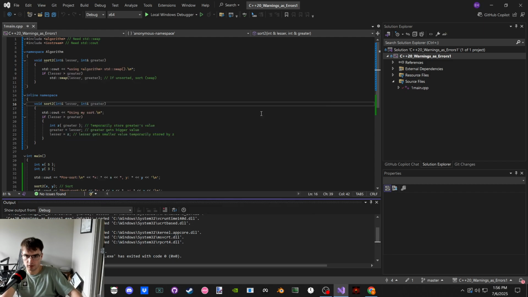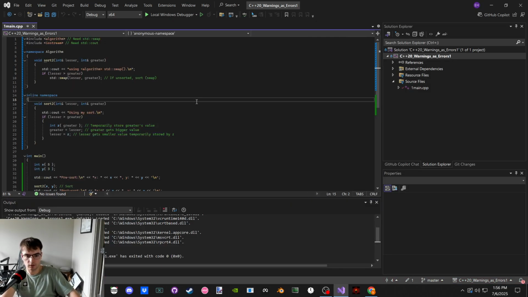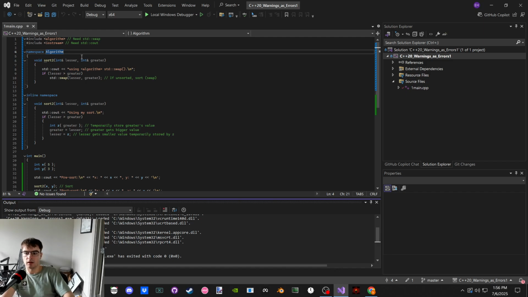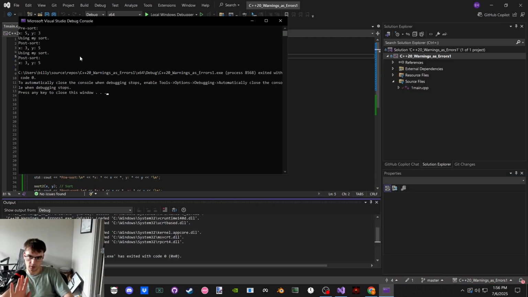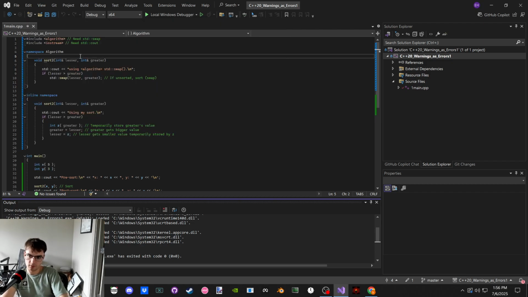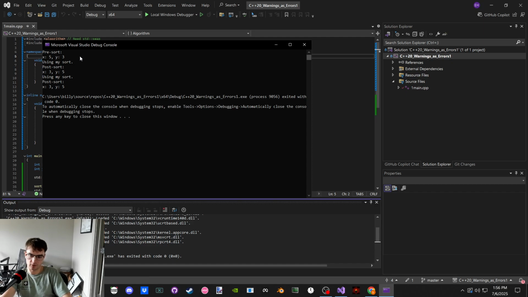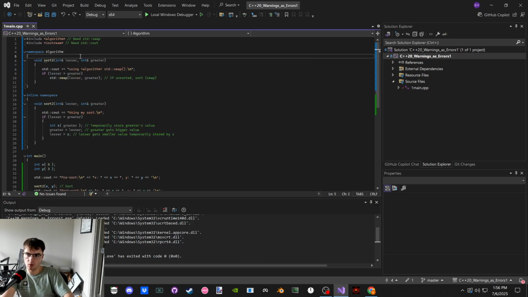Wait, how do I close this window? I can press anything except escape. Good. Oh, but sometimes escape works? Okay, I'll just press another key. I don't like that though because I still have to click into here. If I do this and I do that, that works. Yeah, I like escape better because if I run the program, press F, and I type, nothing happens. If I press F5 and I press escape, oh, actually, F escape will bring me back. Okay, so same thing. If I press escape once, still same result. So I have to press escape again to bring me back. Cool, noted. Trying to do the keyboard as much as possible.